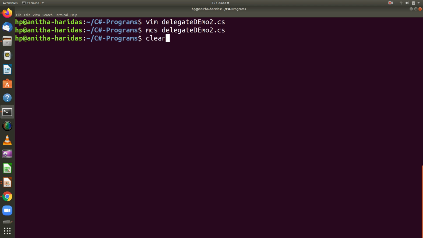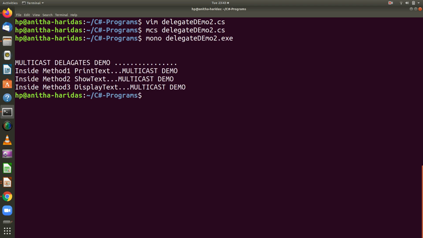I compile it and execute it. You can see here, first it invokes the print text method, next the show text method, and then the display text method. So just by using only one reference, you have invoked 3 different methods which have the same signature.